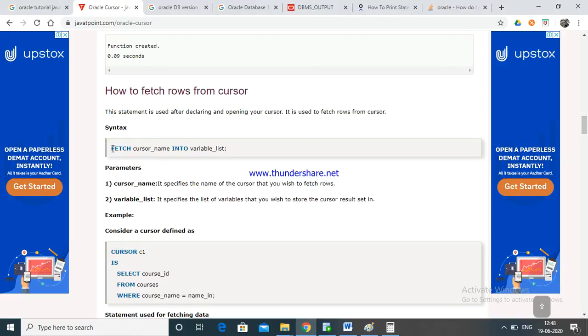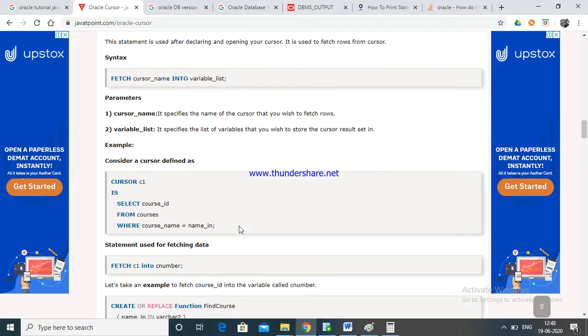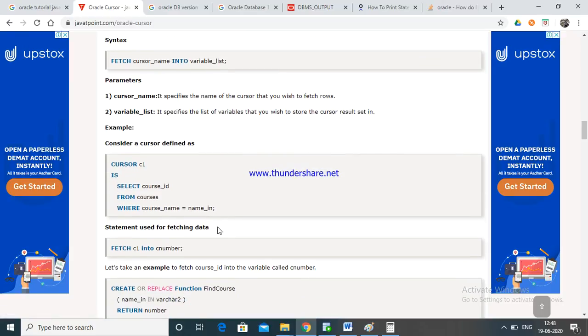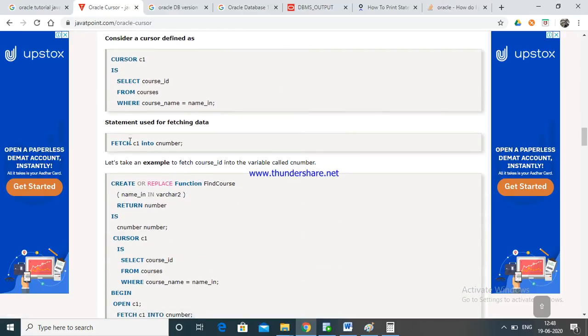In the same way, fetch. We are using this cursor. Consider a cursor definition. This is a cursor having a SQL query. In the same way, fetch C1 into C number. Let's take an example.